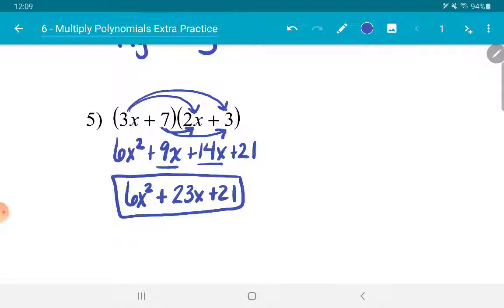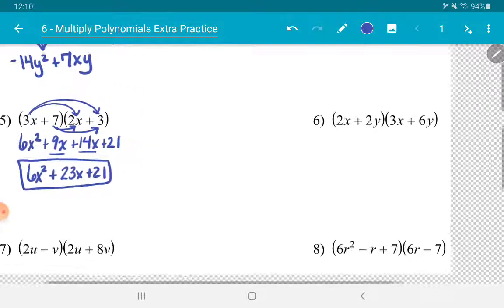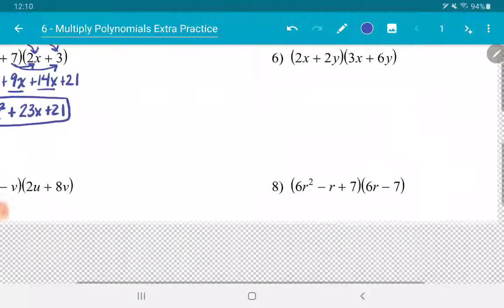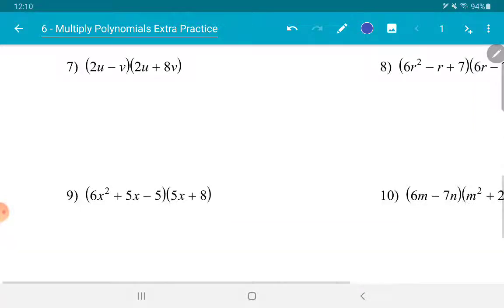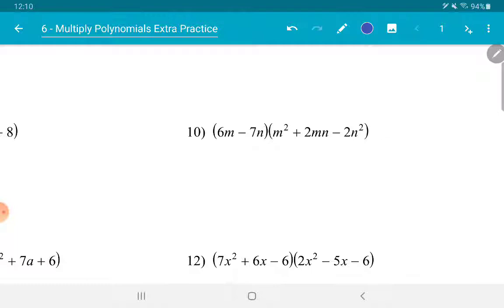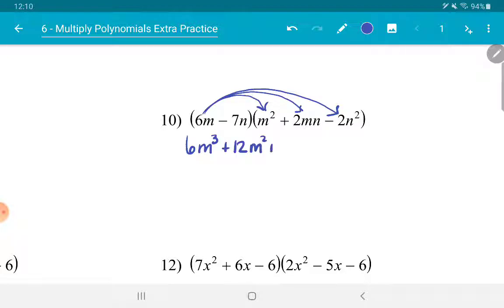So remember, when you're multiplying binomials, that's just undoing factoring. So we're going to go backwards. It works the same way if you were doing even different variables. You just kind of have to be careful with your variables. And then if we get to problems like these down here where we have a binomial times a trinomial, same idea. We're going to take that 6m and we're going to distribute it to every single term in the other parentheses. So that would give us 6m cubed plus 12m squared n